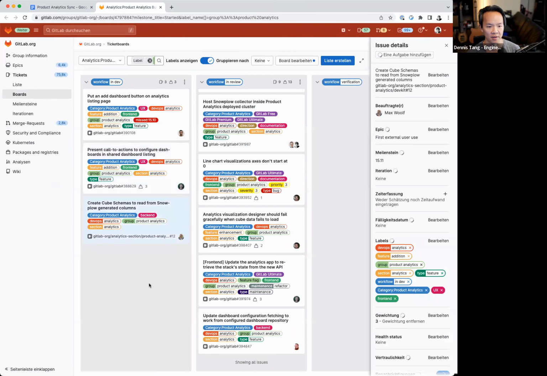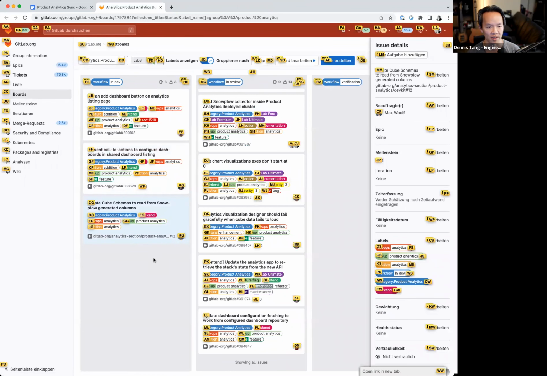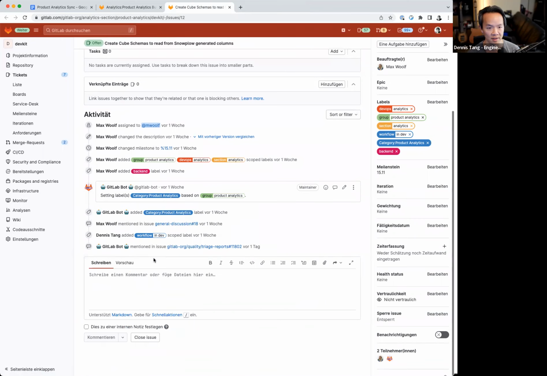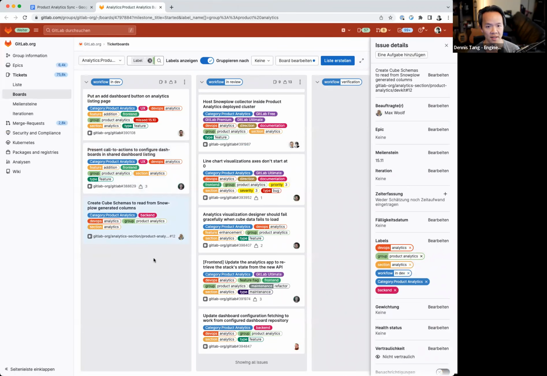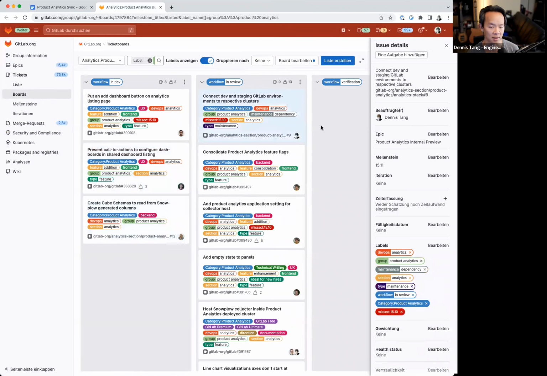Cool. And then we've got create queue schemas to read from snowplow generated columns that Max has been working on. I believe this is in review. There was a merge request, or there are schemas you can use for snowplow, but there's no update here. Okay, so moving on to in review, the connection to dev and staging clusters is on hold since we